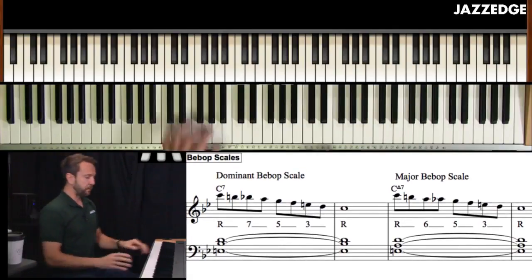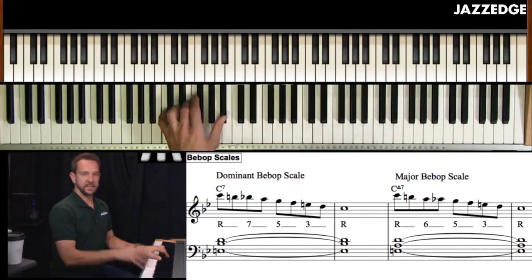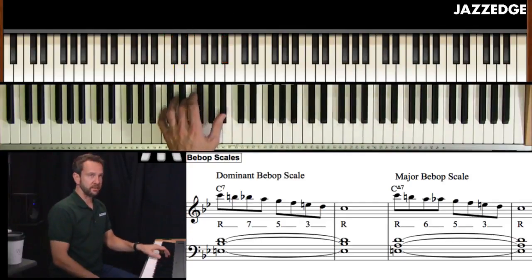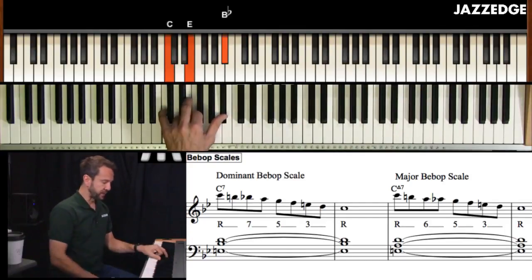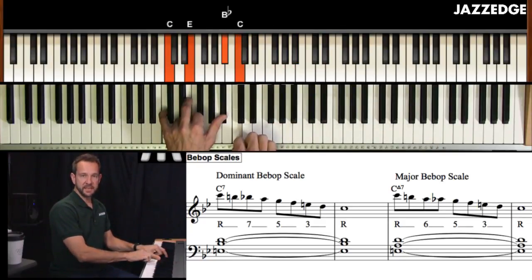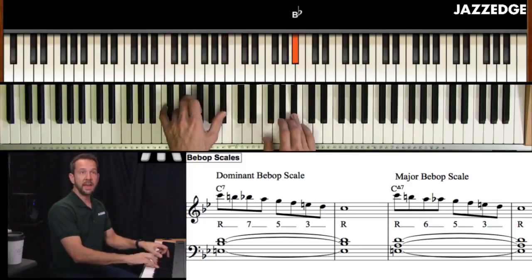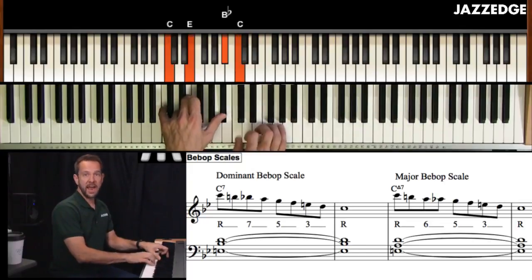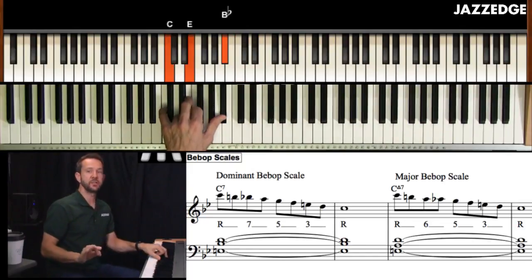So now, in a typical Mixolydian scale, this isn't in the music, so just watch me play this. In a typical Mixolydian scale, I'm just going to play C7 down here, root, 3, 7, okay? If I just come down, this is my Mixolydian scale. So if I come down in eighth notes, I get 1 and 2 and 3 and 4 and. Now pay particular attention to beats 1,